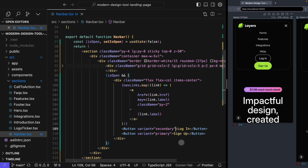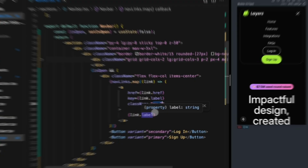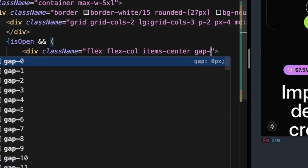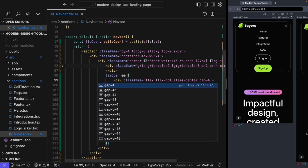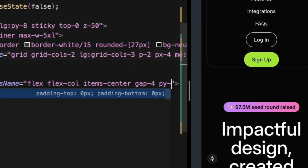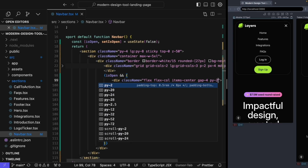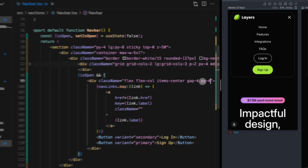And then we also want to add a class name to these because we want these to be, I think, full width. So it looks like instead of using py-2 in between our mobile nav items, it might be better to take that off and add a gap-4 in between here to give those the same gap in between. And then we can also say py-2 on this outer wrapping div, and that should hopefully add a little bit more padding. Or actually, I'm just going to go up to 4 because I think that looks a little bit